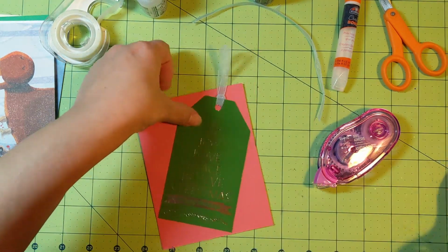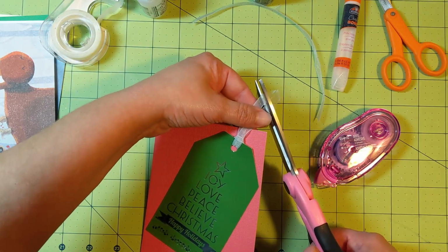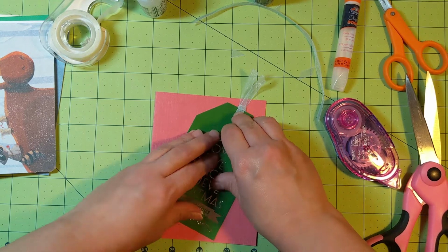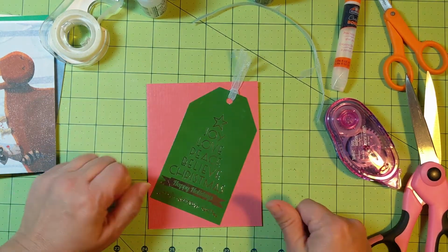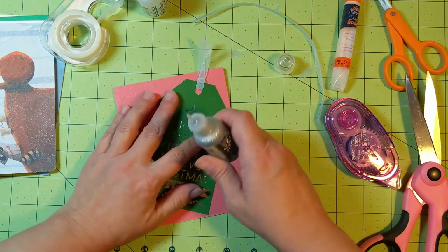Now that I'm looking at it, I kind of want to just trim that a different way. That's what crafting is about. Cool. I like that better somehow. Well, and that's about all I was planning on doing with this one. I might come in with some silver and do...